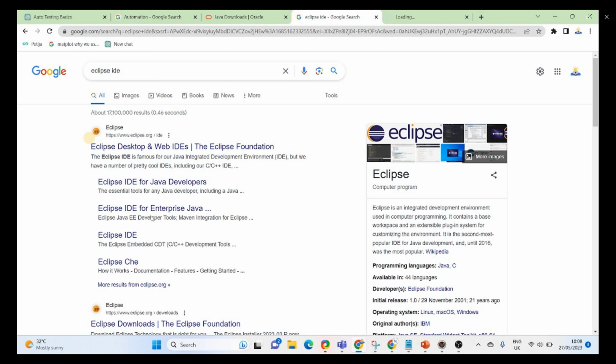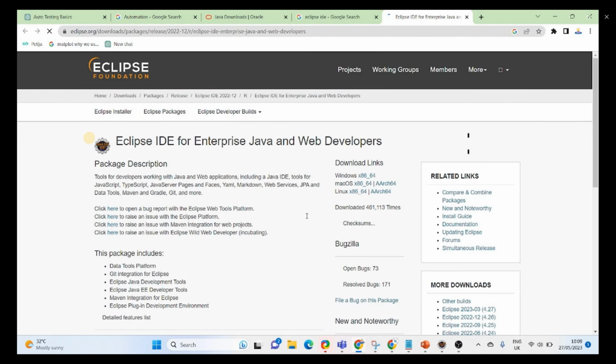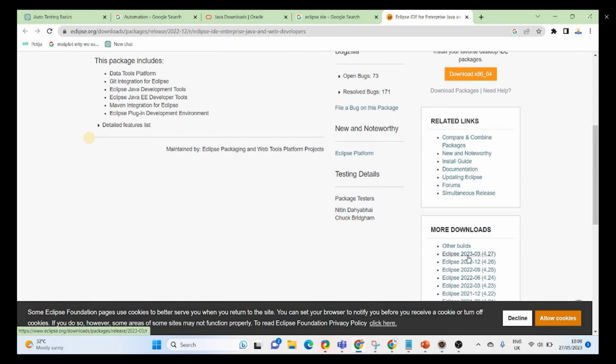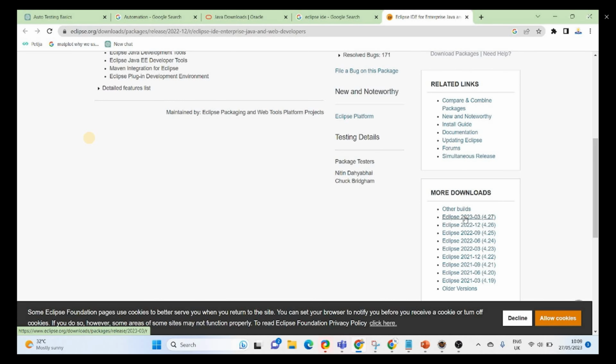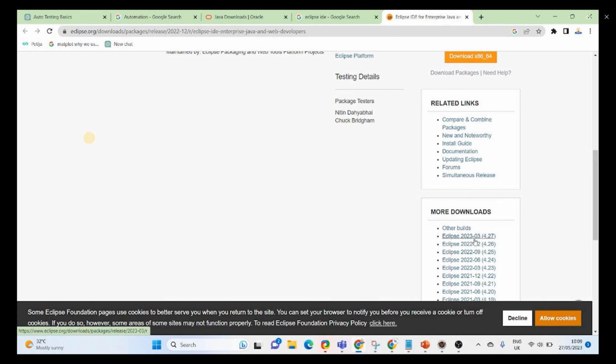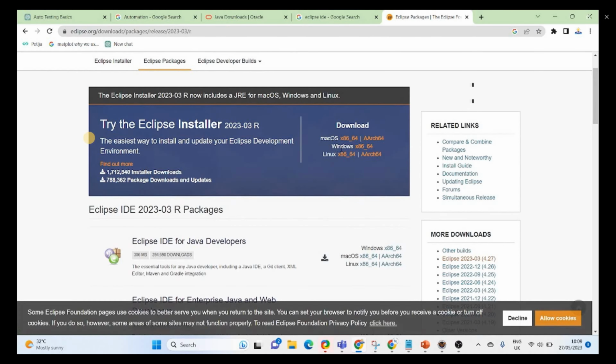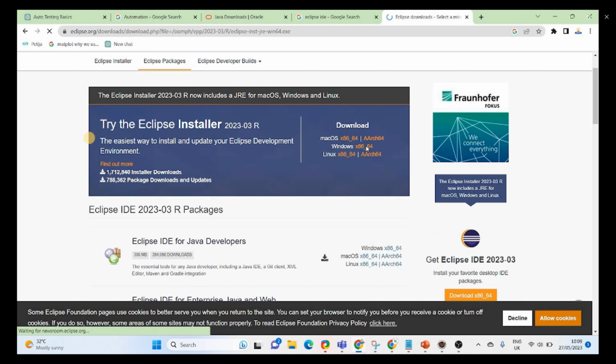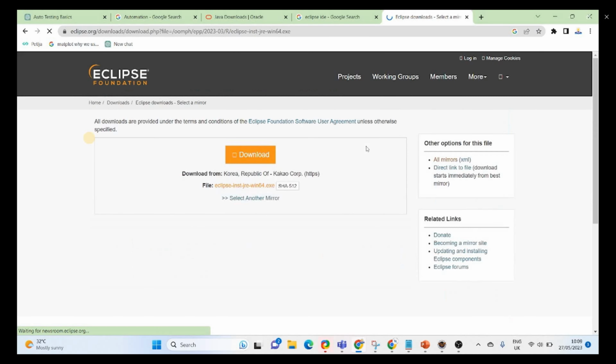And here I'm going to install another thing, that is Eclipse IDE. Go to Google or any web browser and search Eclipse IDE. Then you will navigate to the official page, Eclipse.org, and here the downloads and related links are available as per the latest release. You can pick the latest release, and there are many options. If you are using Windows, you can select the Windows executable file. If you're using Linux, you can select the Linux executable file. So you need to click on the download option,